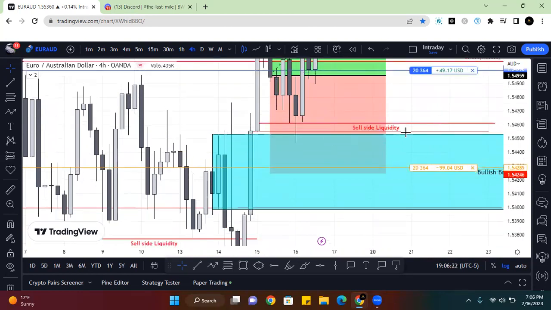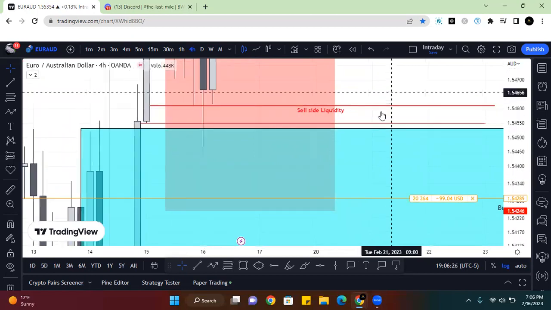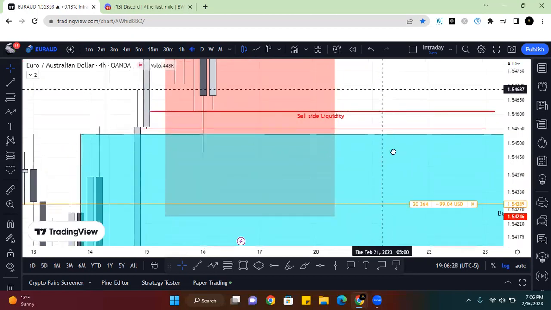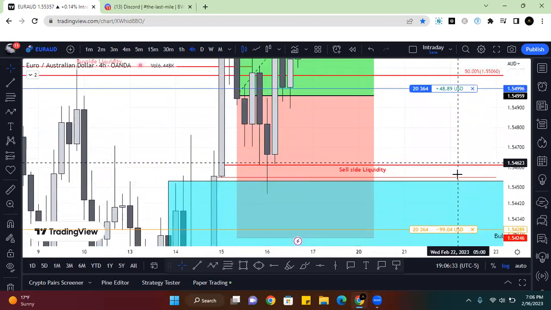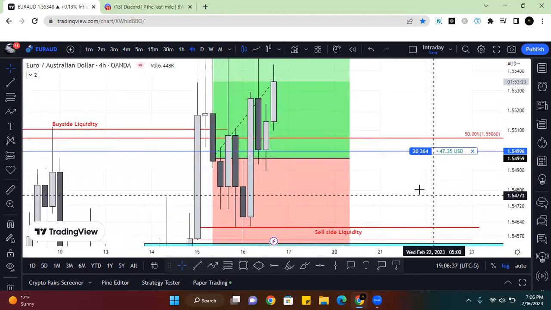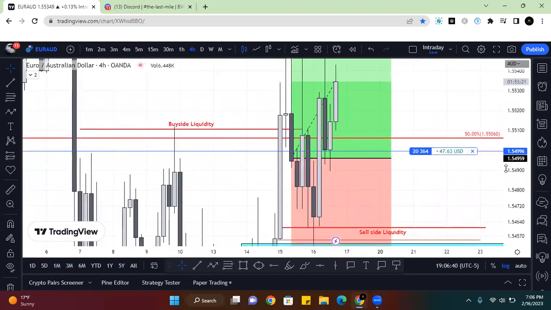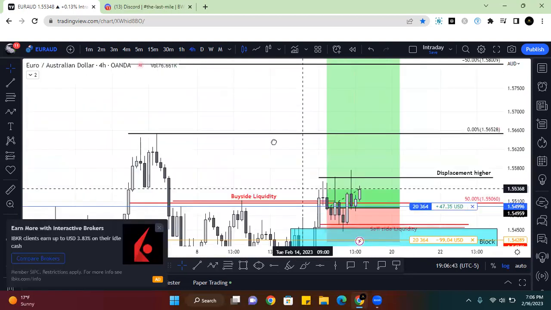What happened? Price came down, and I'll show you why I have this sell side liquidity marked up in a second here. Price came down, dug into the fair value gap perfectly, and now we have continued bullish price action, and you got about a 0.5% running on a swing trade, and you just entered it in one day. So, let this progress overnight, or even into next week, you can have 3 to 5% running pretty easily,